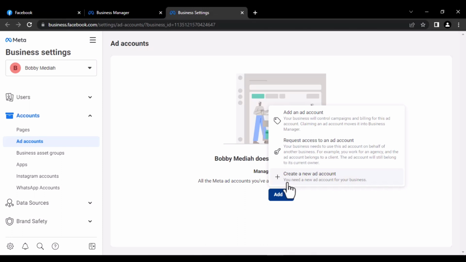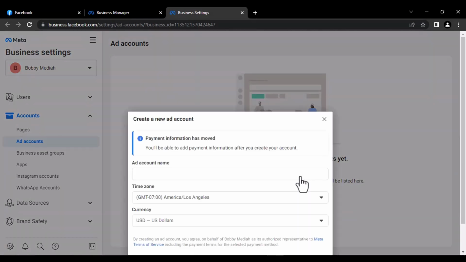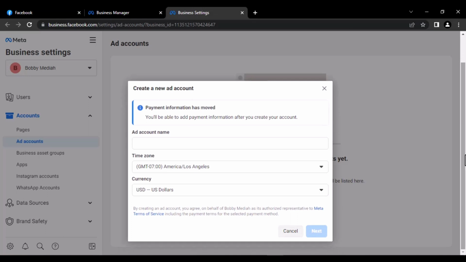The third one is actually meant for people that are just getting started with an ads account. So if you don't have an existing ads account before and you just want to get started, you can click on create a new ad account, which I'm going to use for this tutorial so that you can fully understand how to do it. So you click on create a new ad account and then after that you will be asked to input these 3 information.